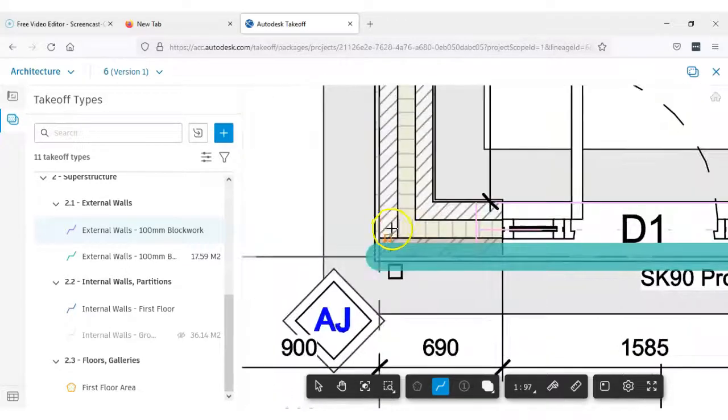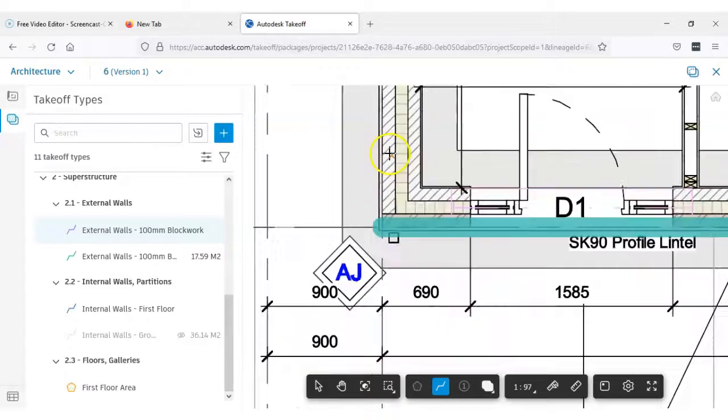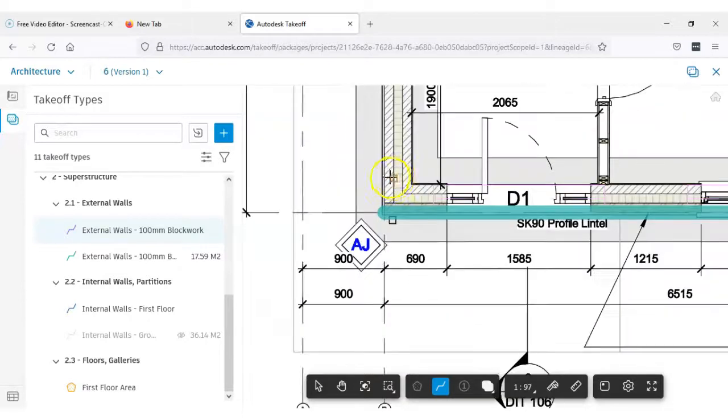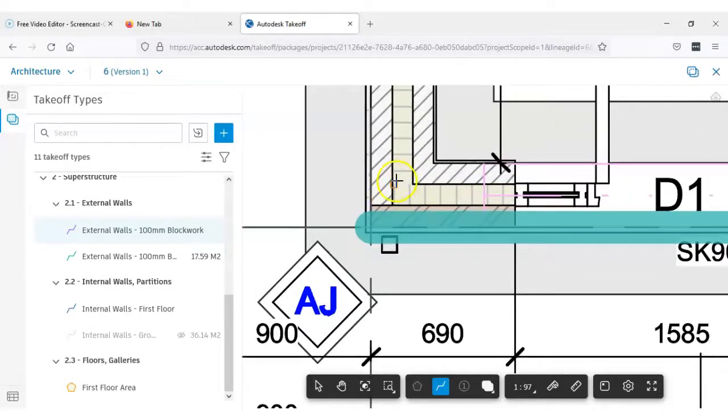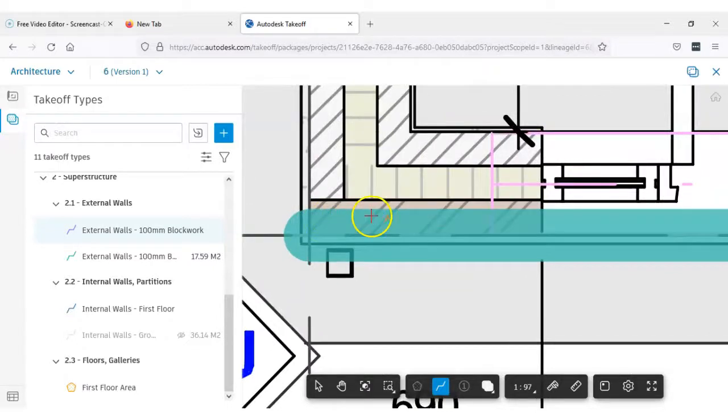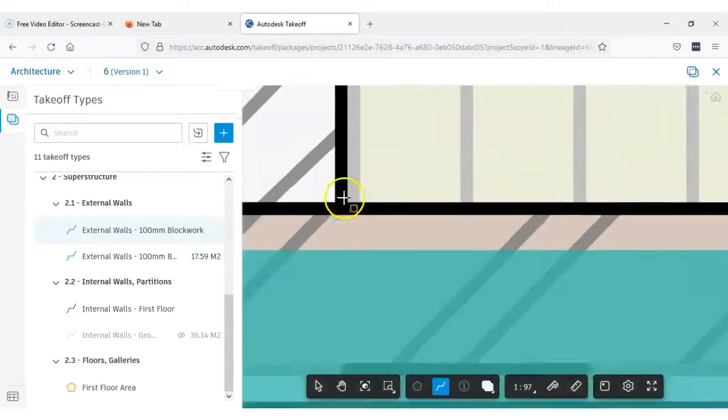And I like to measure walls along the face, even though obviously the wall isn't necessarily represented as a face. It's represented as actually the wall itself in terms of its length, which would be through the center line. And if you want to measure it that way, that's fine. But if I want to measure these walls as individual items, let's start with, well, I suppose here. So what's happening is I've essentially measured this brickwork to the outer edge, and that encompasses obviously the entire brick. So if I'm starting this wall, let's start on the inside. Now I can start on the outside, but it'll obviously be different as I go around. But if I start that as the inside,